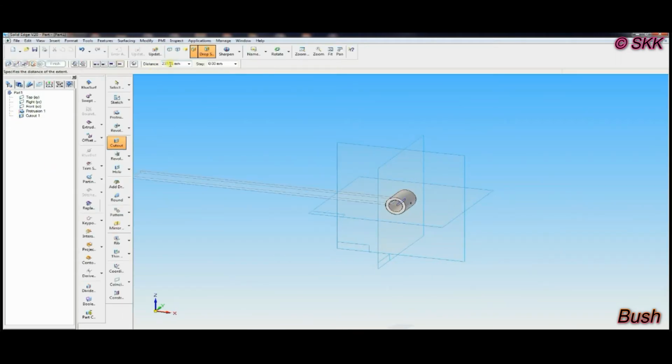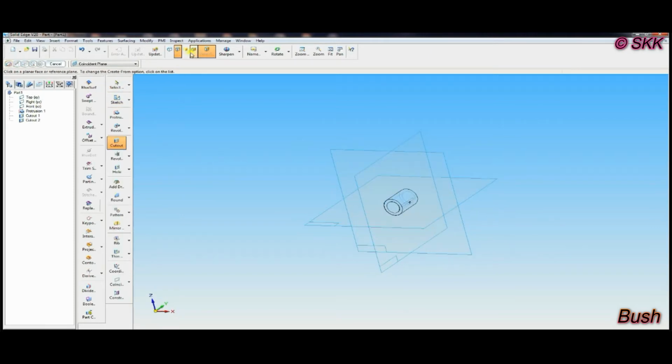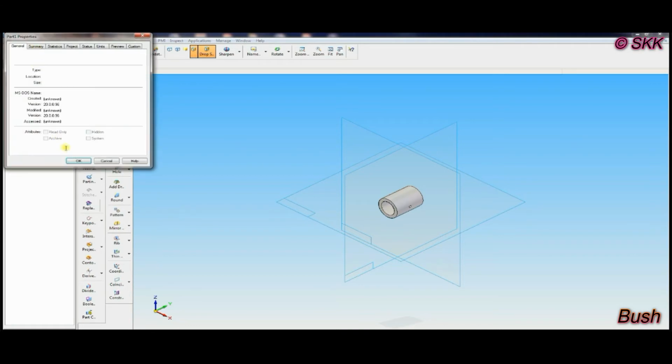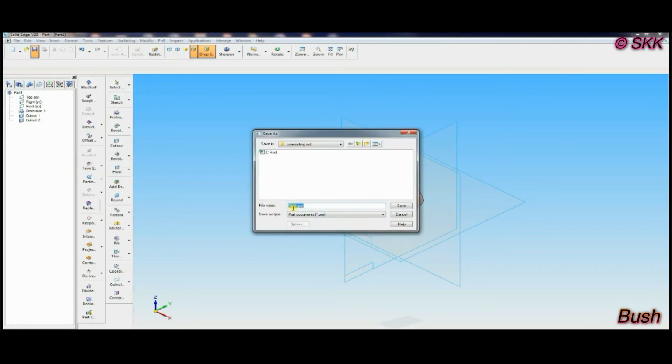Depth you have to give is inner diameter 12.7 divided by 2 plus 0.5, you can get 6.5. Then move the cursor in the left and rightward direction. If I show the wireframe mode, you can see the slots. Save the drawing. That finishes part number 2, that is the bush.